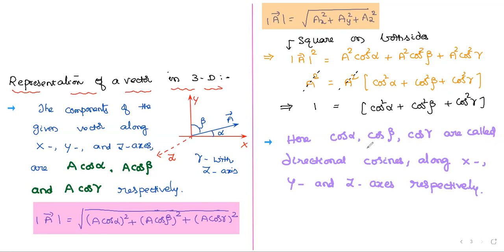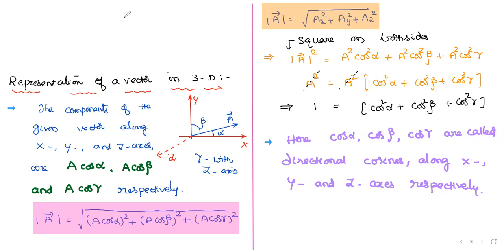Such kind of questions you can find when we start the problems. Find the directional cosine along the x-axis, along the y-axis, along the z-axis. That time we directly go to whichever axis he is asking. Okay, y-axis, directly I go to cos beta. Yes, good. And here 2 directional cosines are given and he is asking the 3rd directional cosine. To find it, we use this black result.